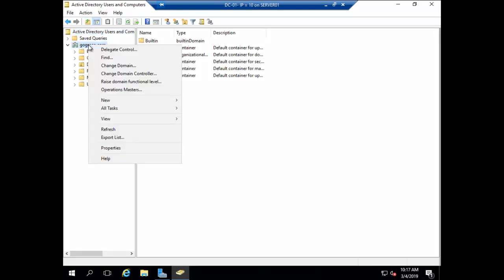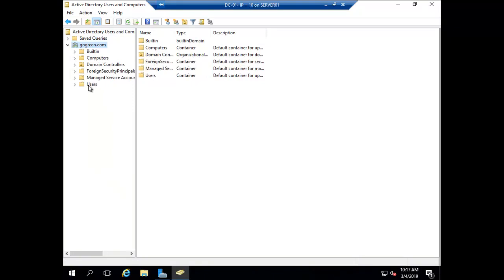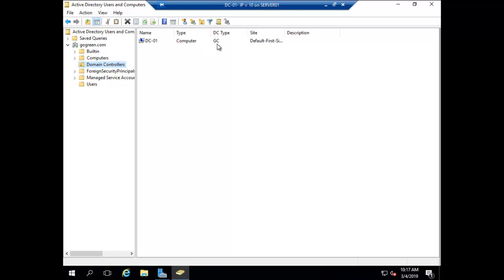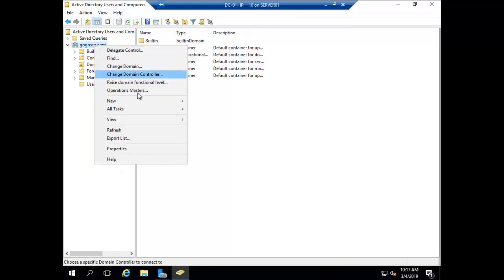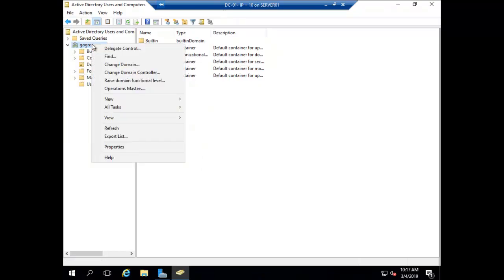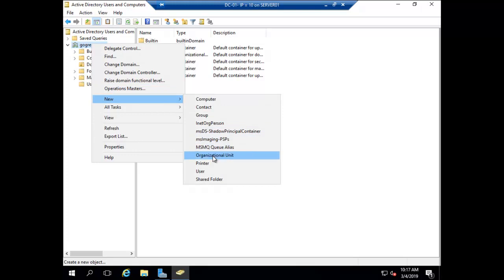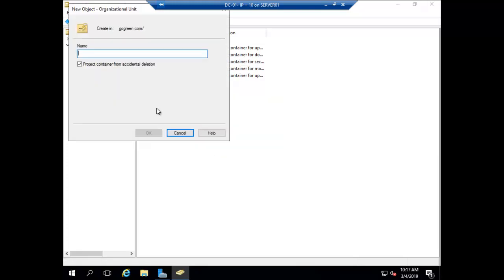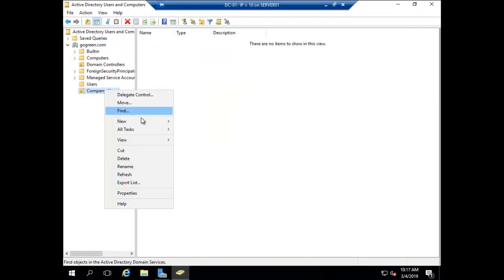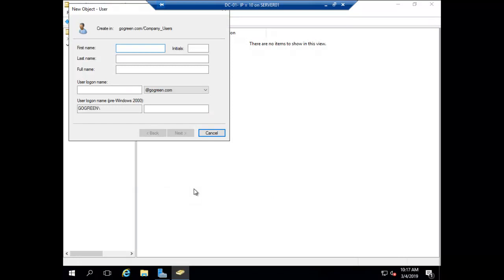Let's create some user here. Though it has default users, and the domain controller is DC01 as a global catalog. So let me create a new OU. Sorry, it's user, new organizational unit. You can see it as company users, and inside company users I will create some users like user 1,